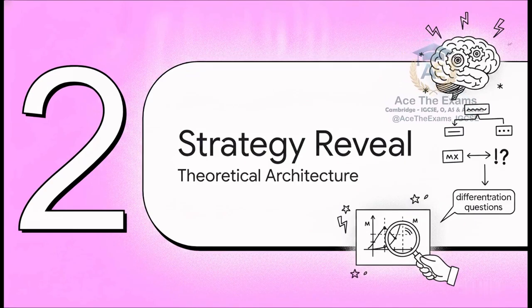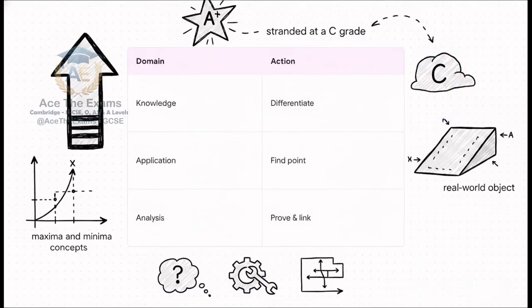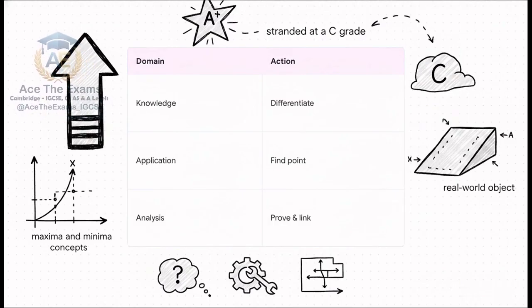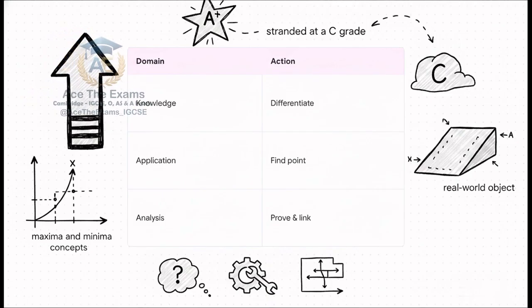Let's pull back the curtain on how you're actually being assessed. The syllabus is very clear. It demands that you hit 3 distinct cognitive domains to claim the highest marks. It's like a checklist the examiner is holding. First up is knowledge and understanding. Simply put, can you differentiate the function correctly? Do you know the mechanics? Second is application. Can you take that specific derivative and apply it to find the stationary point of this specific